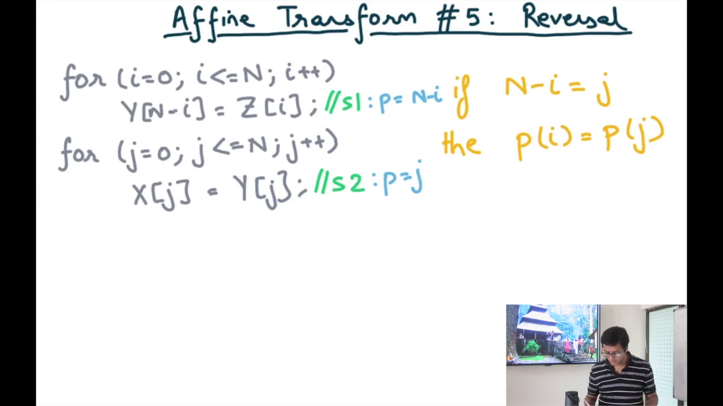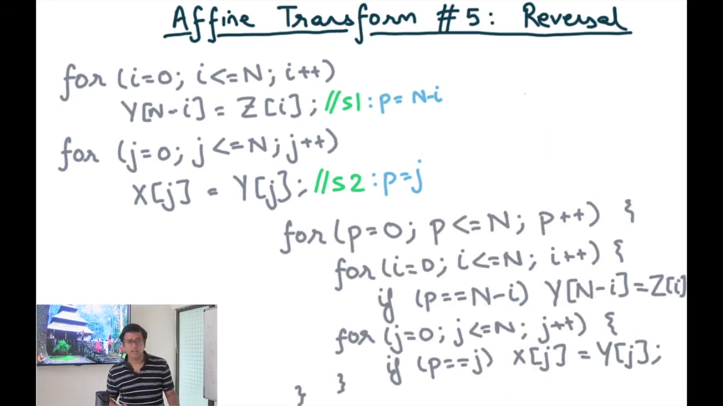And so on for other processor IDs as well. And now the next job is to generate the code for this particular maximum rank solution. The naive code generation strategy is to have an outer loop on the processor space. So for p equals 0 to n,